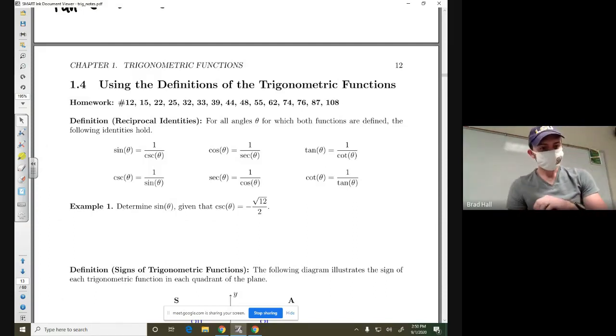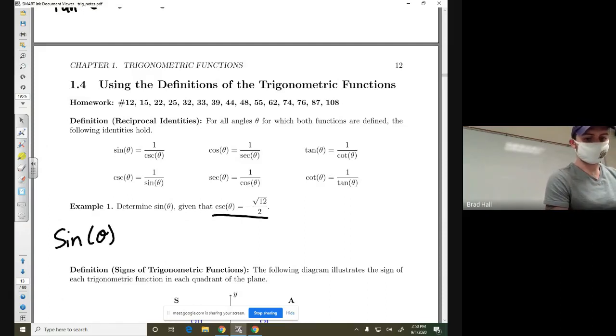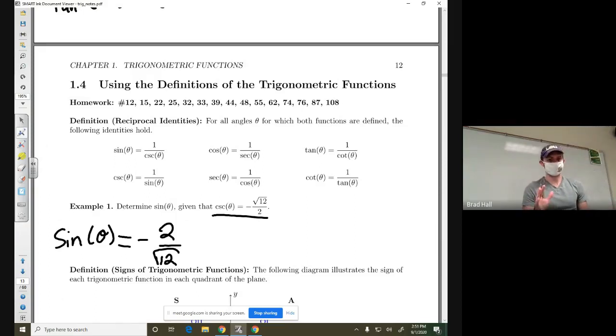So let's see. Speaking on reciprocal identities, as I was saying, if you know, say, cosecant, then you can figure out sine by simply flipping cosecant. That's it. I mean, that's 2 of your homework problems right there. See, that was just one line. So as I mentioned, don't let the quantity fool you. Some of them are just kind of boring. It's basically asking, can you